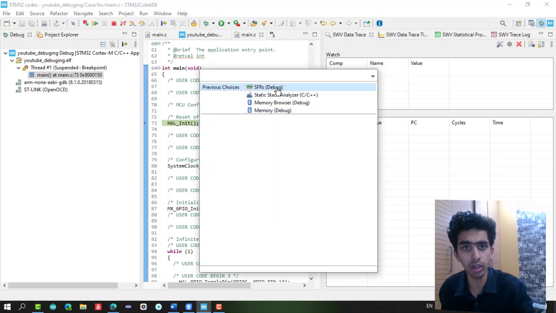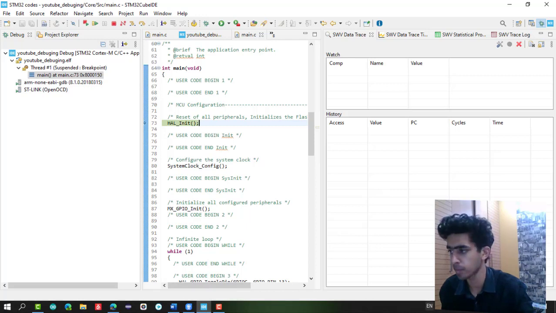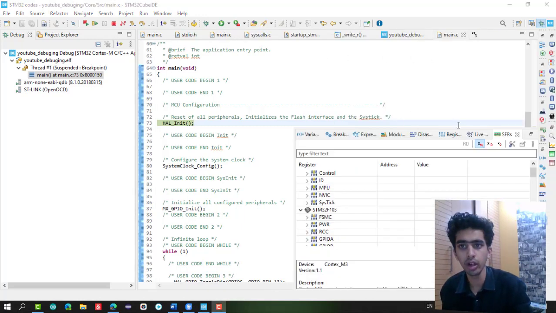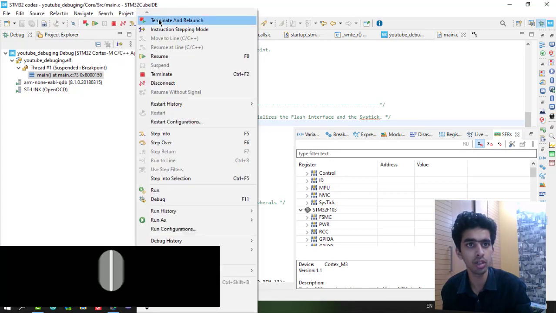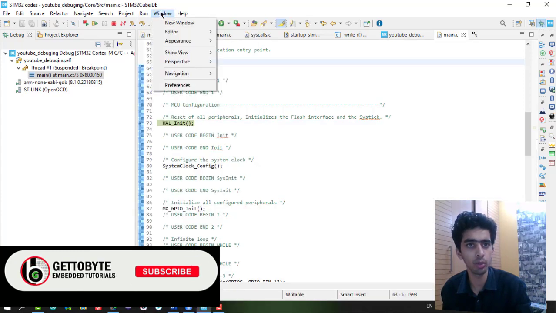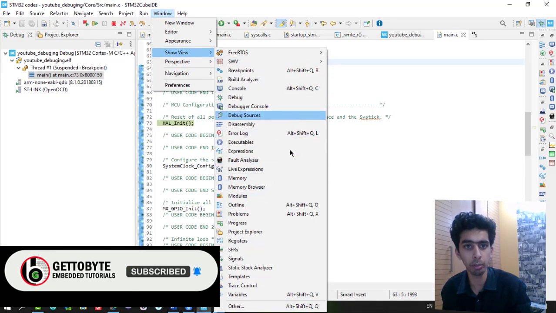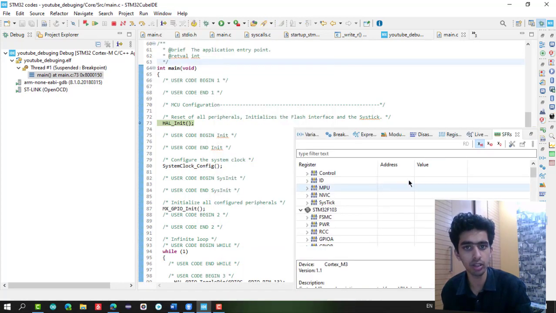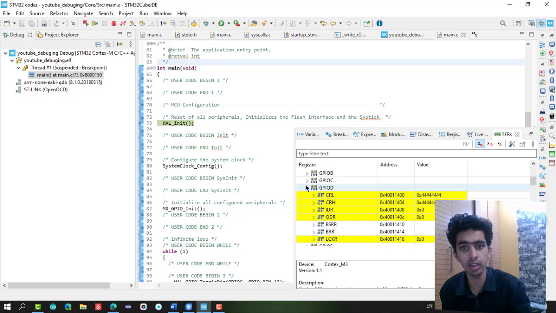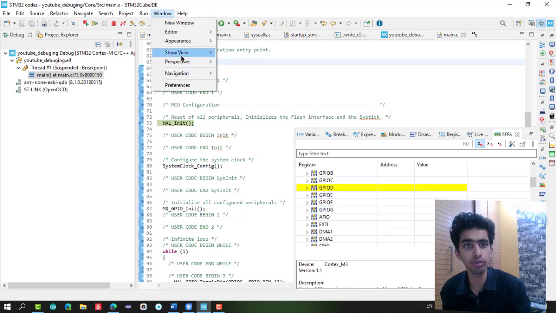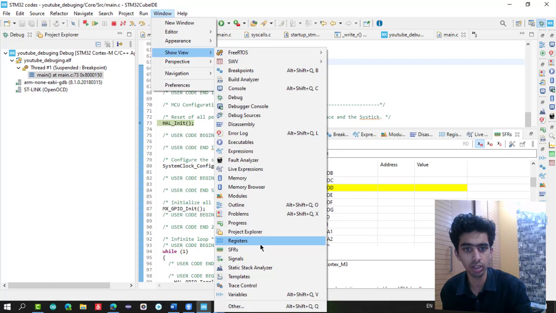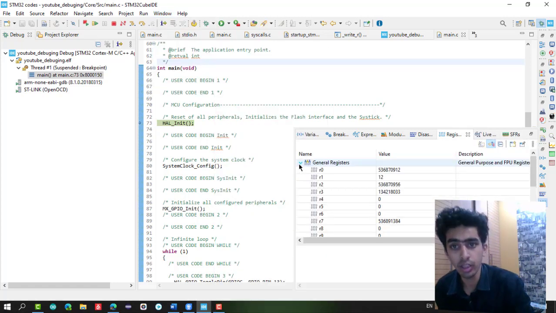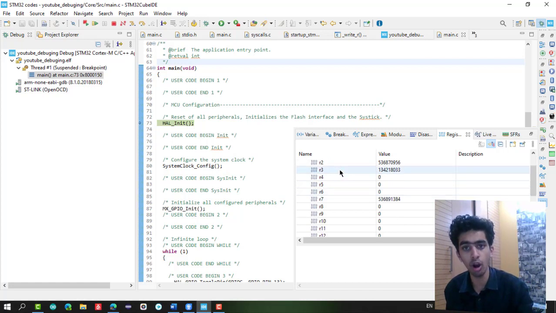So let me open the SFR debug window. Here you can see, when you debug, there are many features. In the Show View, you can see there are many windows. These are the registers of a microcontroller, so we can examine with every function and every line of code what values are being changed and what settings are being set. Then there are also the core registers. These are the registers of my core processor, ARM Cortex-M, so we can see how they change with my program.